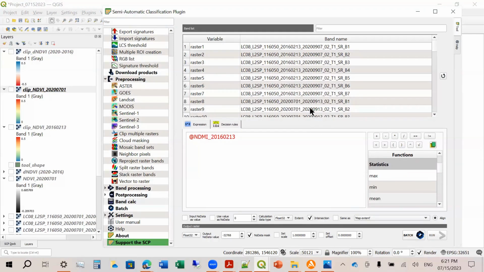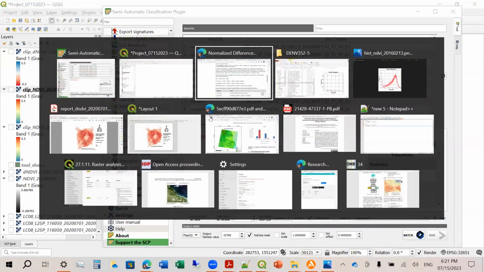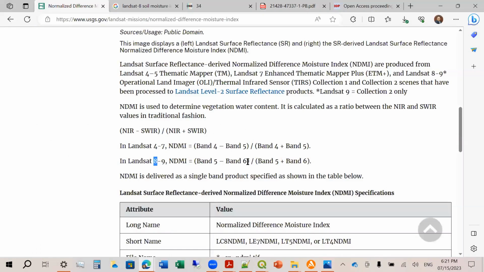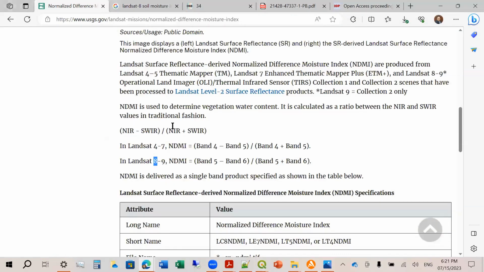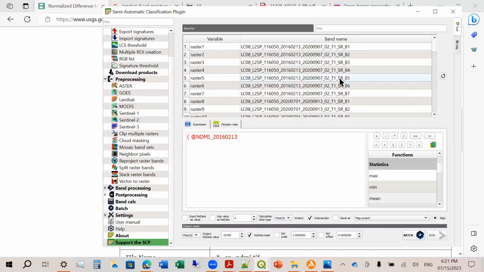Okay, so it's mentioned here: band 5 minus band 6. So open parenthesis, band 5, that's near infrared, and then short wave infrared. So band 5, sorry, band 5 minus band 6.